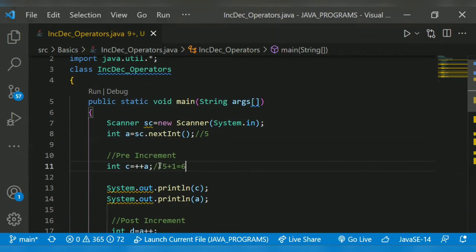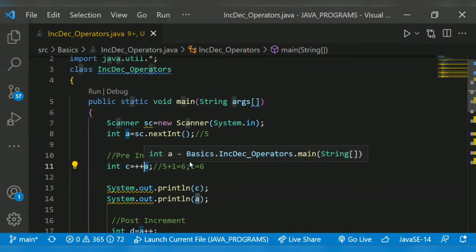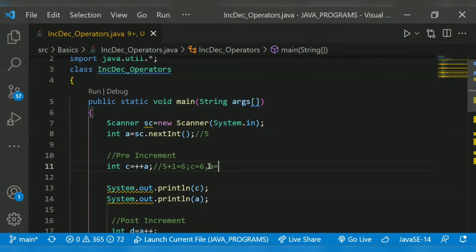So c is equal to 6. The pre-incremented value is stored in c, so 5 gets incremented to 6 and stored in c. a is also now incremented by 1, which is also 6. So a is also 6.